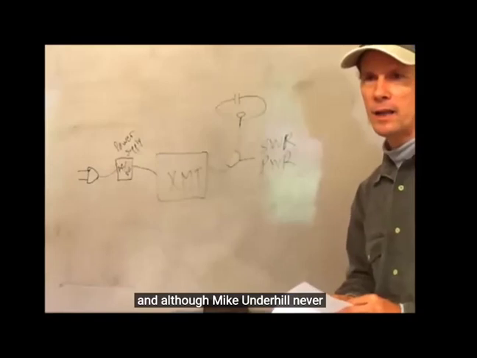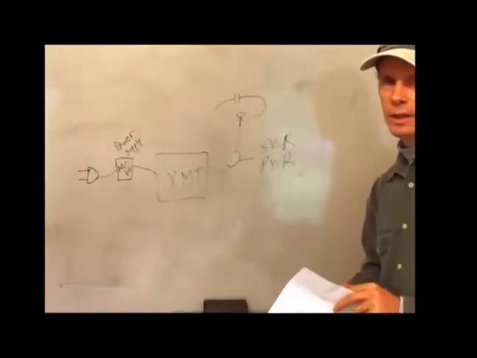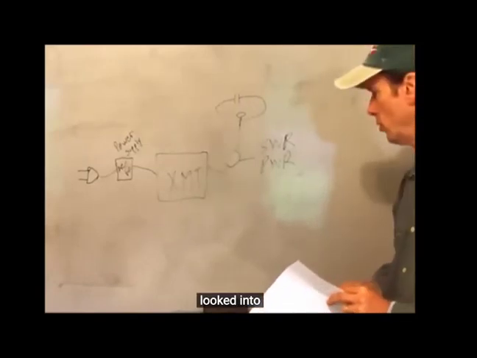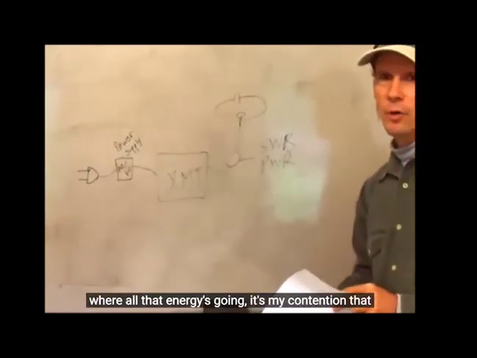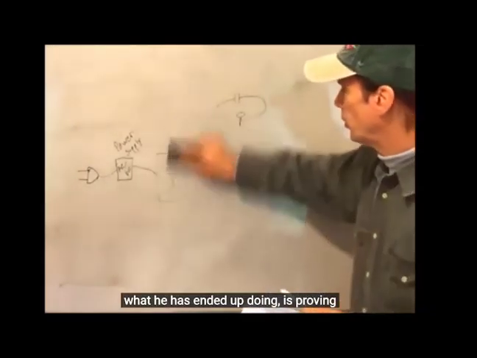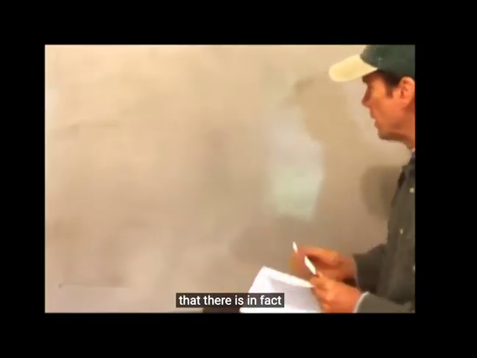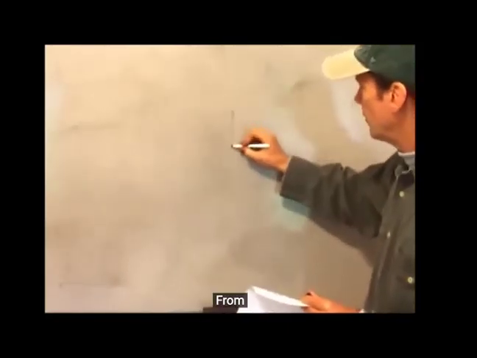And although Mike Underhill never, as best I can tell, looked into where all that energy is going, it's my contention that what he has ended up doing is proving that there is, in fact, from